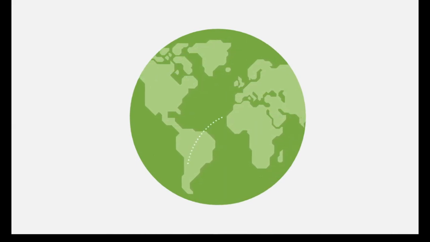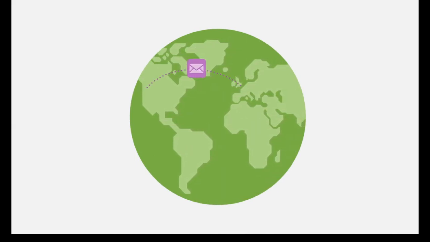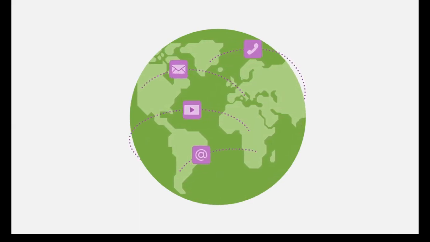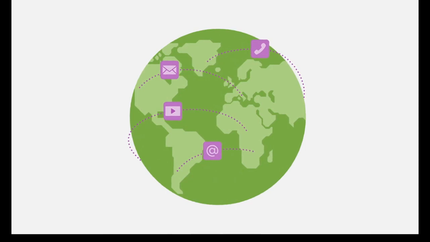Did you know the internet and the web are actually different things? In fact, the World Wide Web is just an application that's been built using the internet. Let's break this down further. The internet is a global network of connections between computers that allows them to transfer information between each other. We use the internet to send emails, make calls, watch videos, and access the web through browsers like Chrome, Firefox,